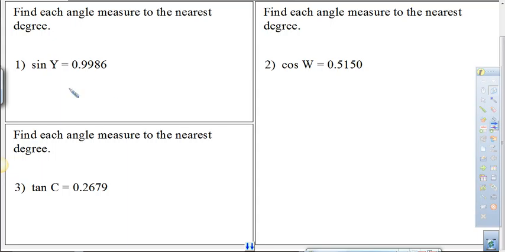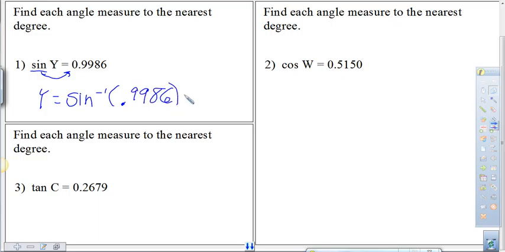Since we have the sine of y here, we have to undo this sine, break this, and put it onto this side. Wow, what is happening with my pen here? Sorry. So what we're going to do is the sine inverse. So y is going to equal the sine inverse of